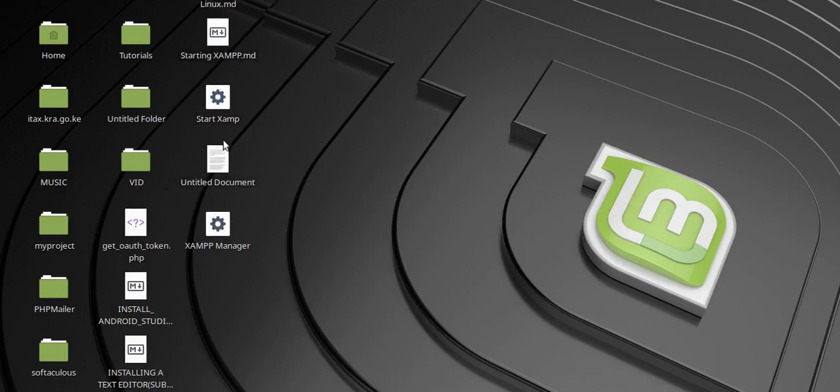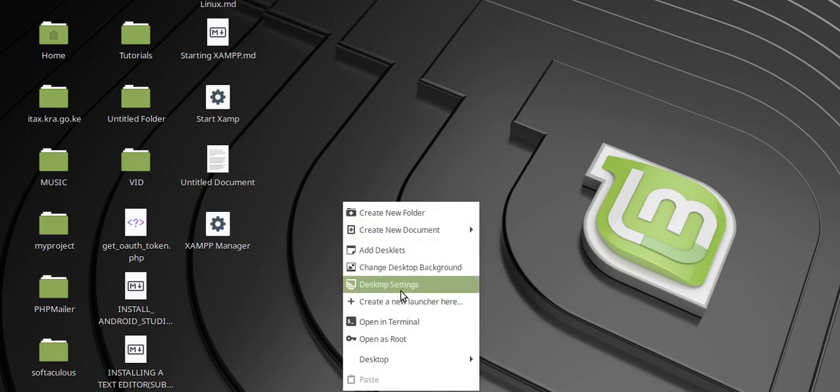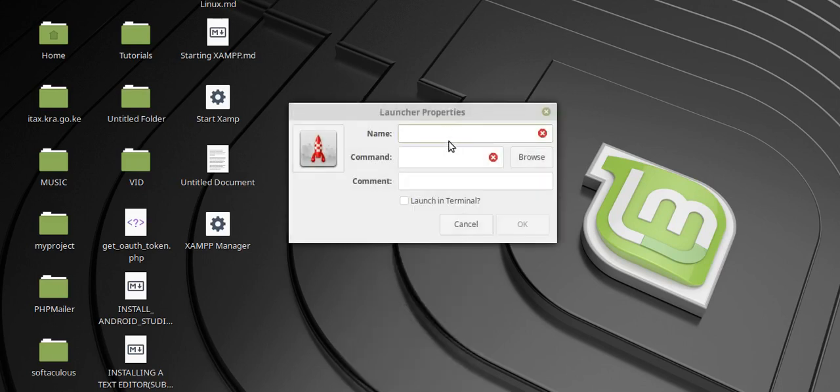You can do the same by creating a launcher to only start XAMPP or to stop XAMPP. You will do the same thing: go and create a launcher. Here you will say XAMPP start, and you write the command sudo, white space, in lowercase, sudo, white space,